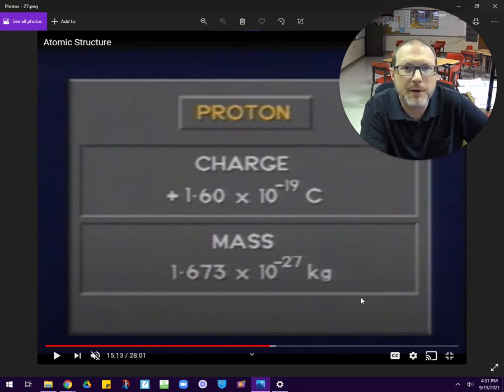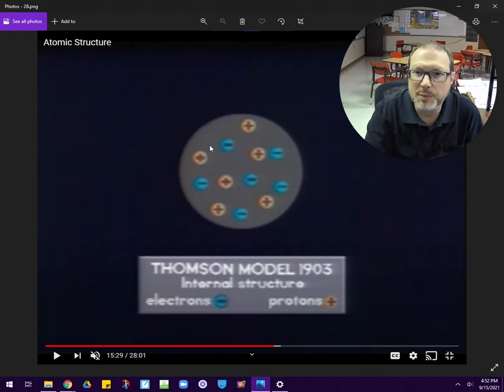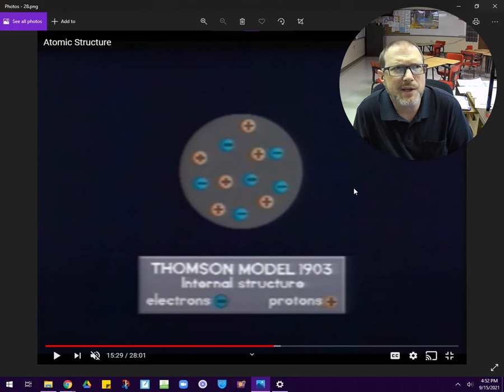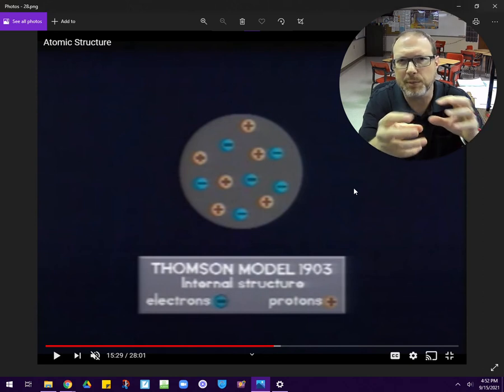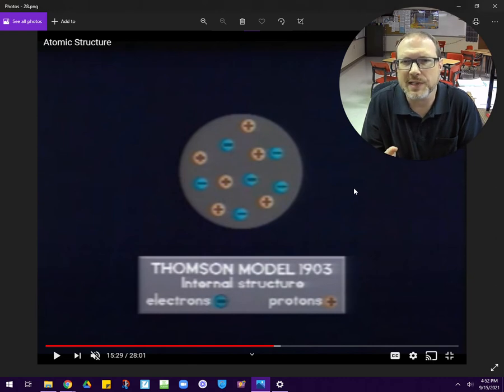So if you look at the third page of your handout, Joseph John Thompson proposed a model of the atom, which basically just said, hey, an atom is a thing that's got some positive protons thrown in there and some negative electrons thrown in there. And it was referred to as the plum pudding model, because a popular dessert at the time was this stuff called plum pudding. And if you've ever had Jell-O that has chunks of fruit stuck in it, where you just got this blob of Jell-O and these random little grapes and pineapple chunks and stuff stuck in there willy-nilly, that's kind of what he theorized an atom would be like,